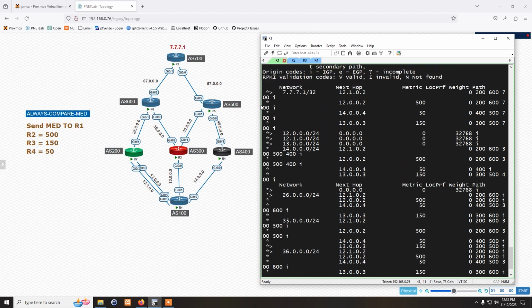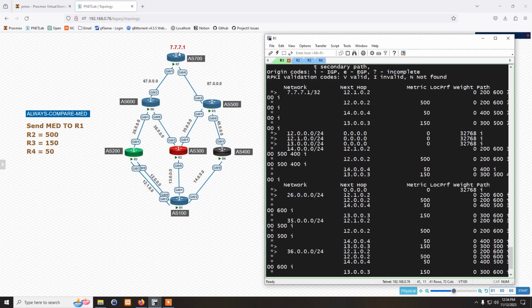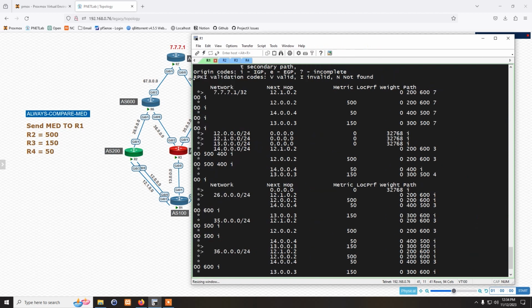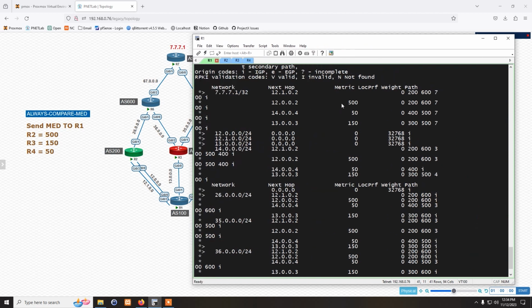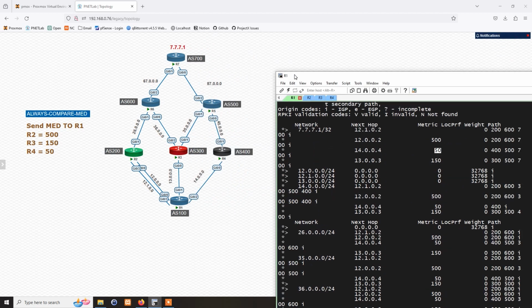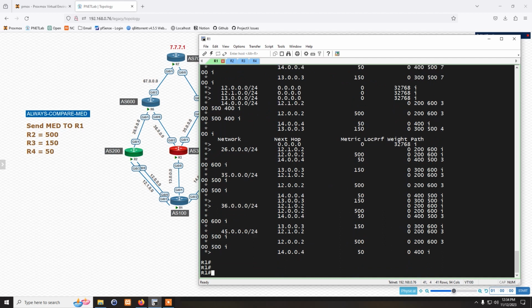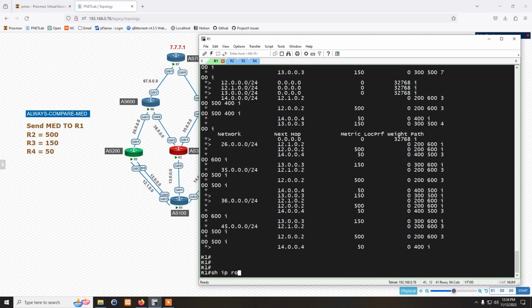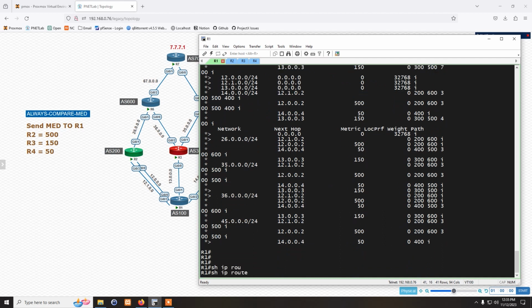Okay. So if you do show, the goal is to manipulate the route to 7.7.7.1, and you can see the metric 500 is coming from 12.0.0.2, which is R2, and we chose that R2 will be sending 500. R3 is sending us 150 from 13.0.0.3, and 50 is coming from R4. Okay, so now if I do show IP route BGP,